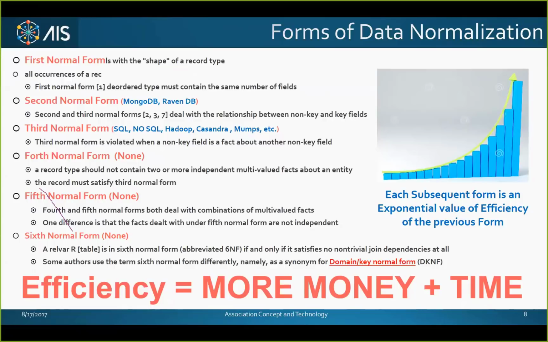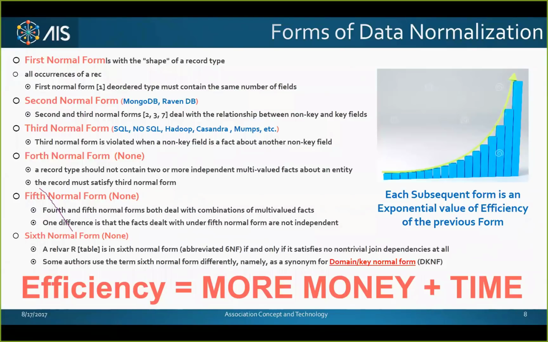Now, what's important here is to understand the graph on the right. The third normal form falls somewhere in the middle of that graph, okay, from a visual perspective. So as you can see, there's plenty of room for improvement. But given the economics, and this is where capitalism gets in the way of science. Capitalism found a way, and not that I'm a capitalist, so please don't read that the wrong way. It's just that the economics of the situation, they solved their problem in 1971. He gave them the third normal form, which was cheap, easy to use, easy to learn, and it solved the business problem of the day.